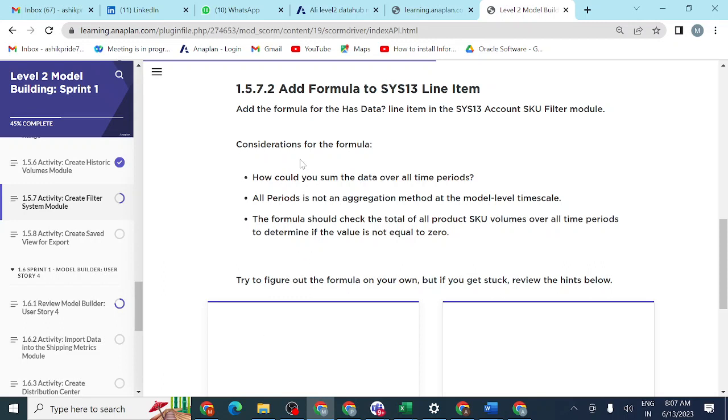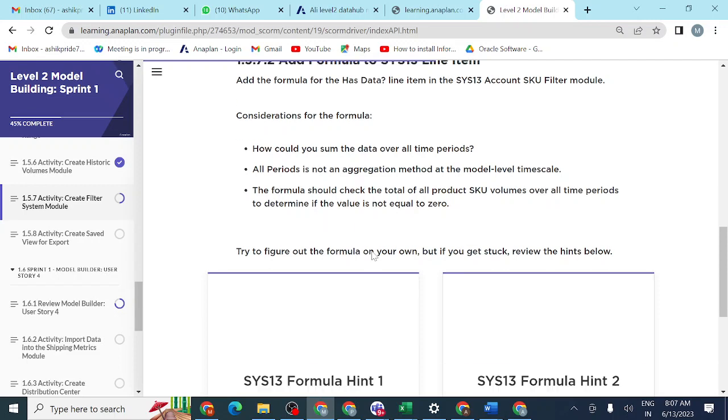So you can see here: add formula for Has Data line item in system 013 account SKU filter module. Consider the formula. We need to add the formula here.